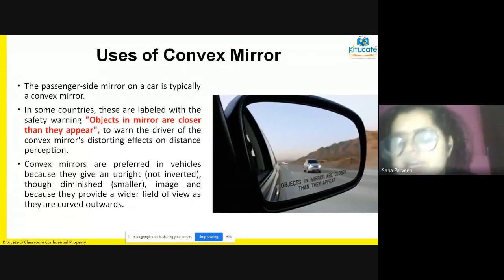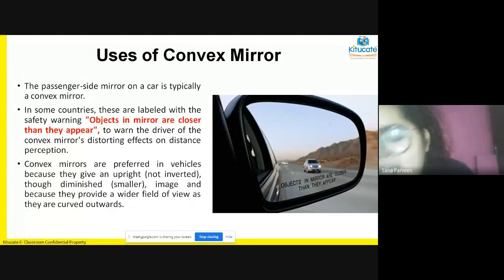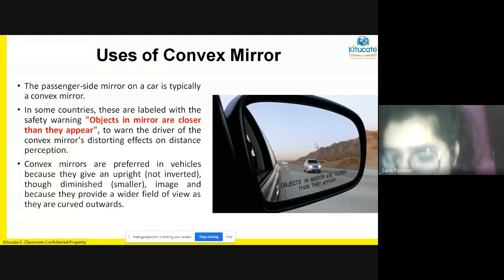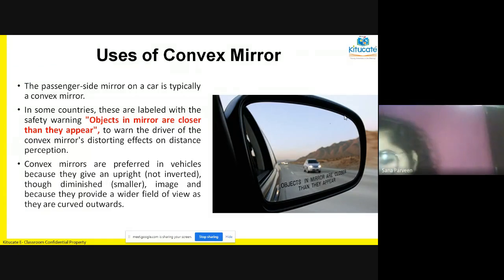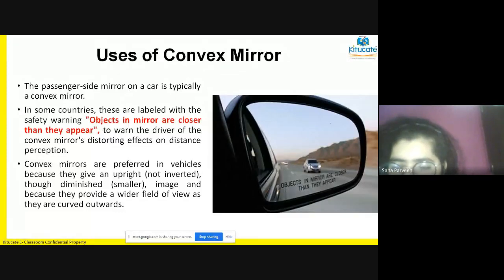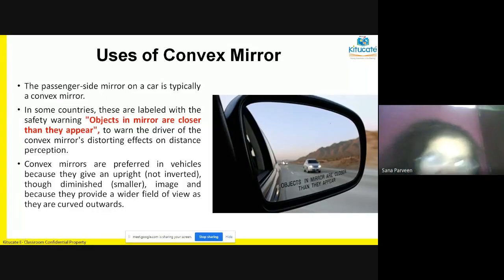So if we make the image size very, very small, that means we can see many cars. If we're trying to increase this car size, the entire mirror is going to be occupied with the size of only one car. And behind this car, whether cars are coming or not coming, or whether we should take a turn, we will not be able to decide. Okay, so many objects are seen.